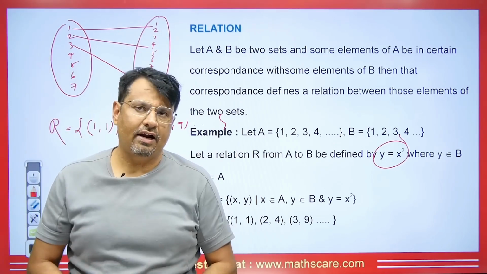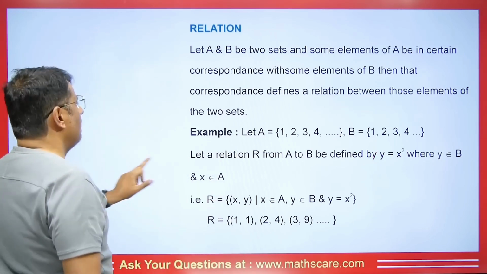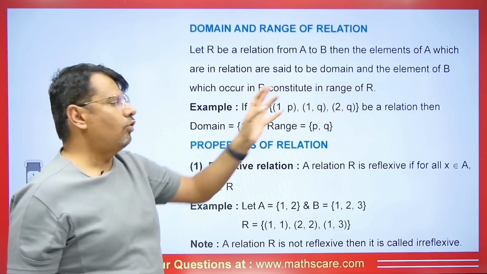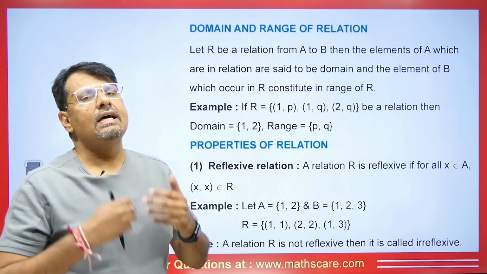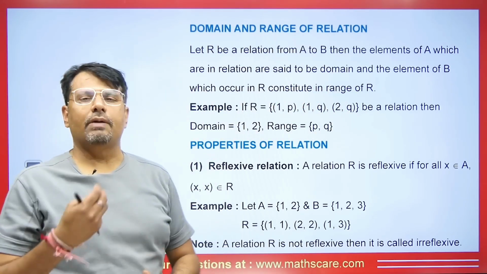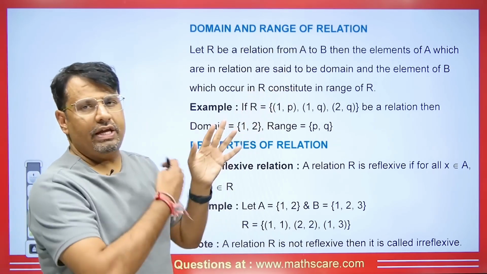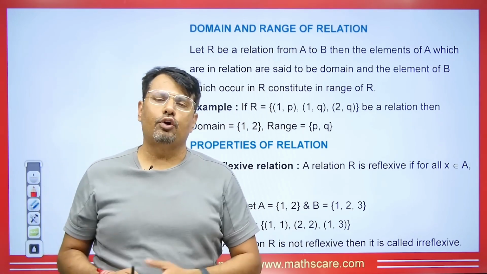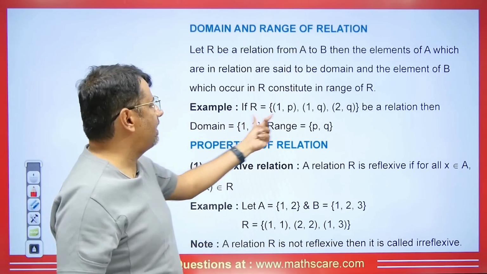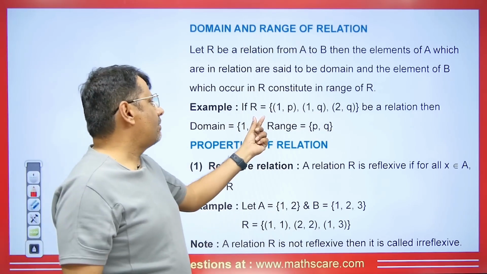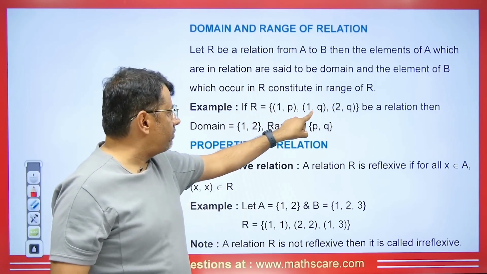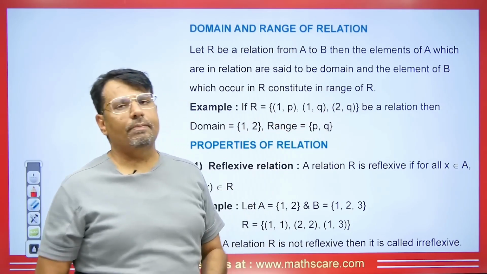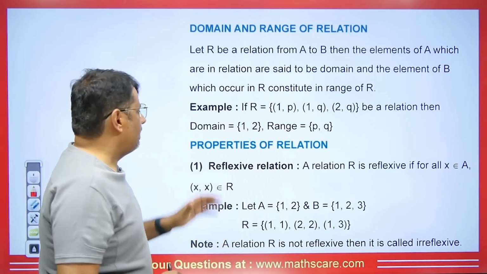Clear, students? These are the things that we need to look at here. I have already explained about domain and range: if we have two sets and both sets are related to each other by a function, then one is related to the other. The elements of A are our domain, and the elements of B which are connected to the elements of A are our range set. And the rest of the elements that are there are our codomain. Here this relationship is given to us. You need to find out what is the domain. The element at the first position shows the domain, like 1 and 2, and the element at the second position shows the range.